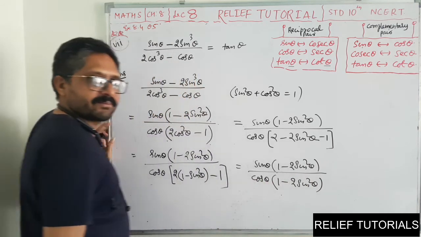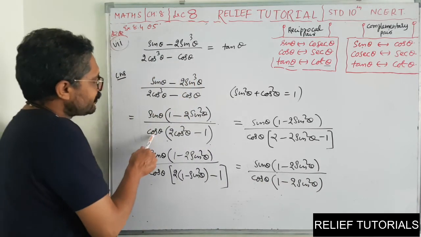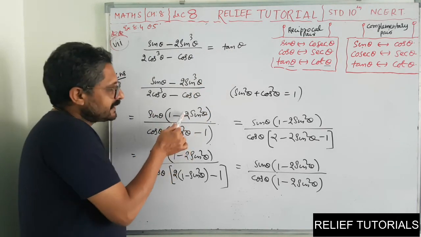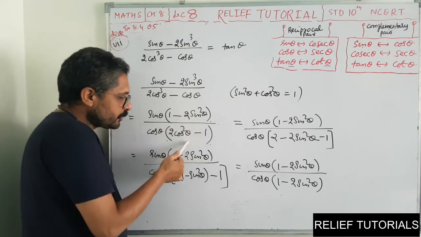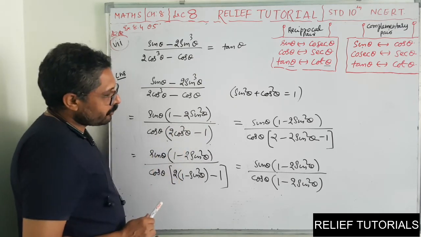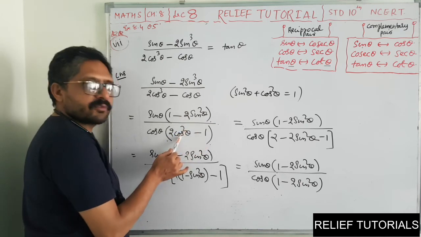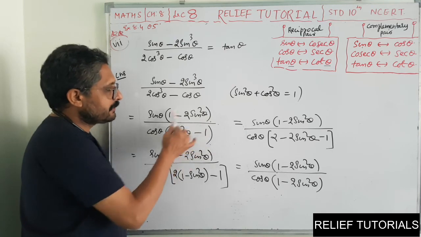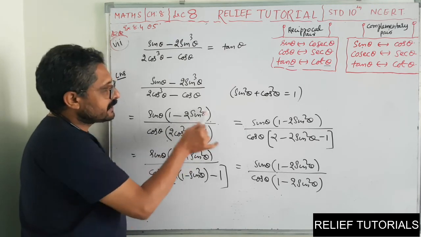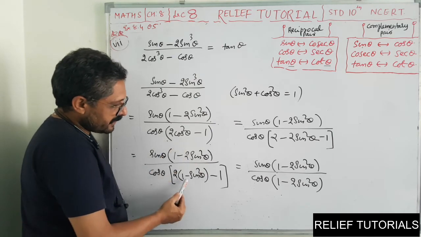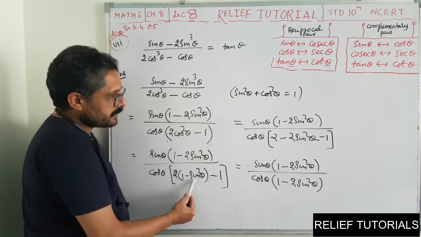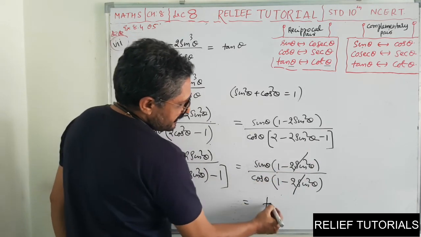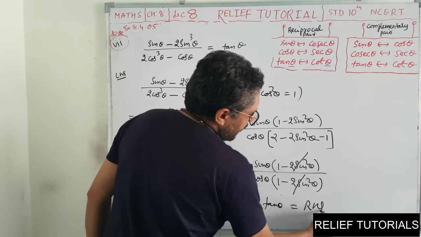See, both become same. I told you here only, sin upon cos is tan. So we got our RHS. So this should get cancelled. And when will they get cancelled? When they are same. So we have to show that both these two are same. So what we have to do in order to make them same? Here it is sin square, here it is cos square. So either you make everything cos or everything sin. Convert sin into cos, so everything will be cos square. Convert cos square into sin, so everything will be sin square. So I have converted this cos square theta into 1 minus sin square theta. Then I open the bracket. So both are same. Now this thing will get cancelled. So sin upon cos, that is equal to tan theta, and this is our RHS.